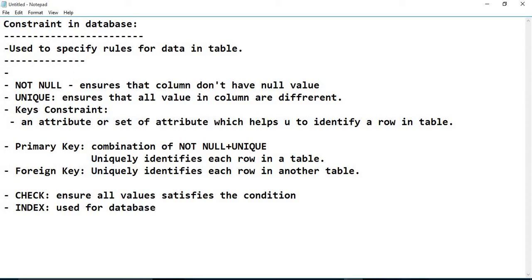So index is used for database optimization and better performance.